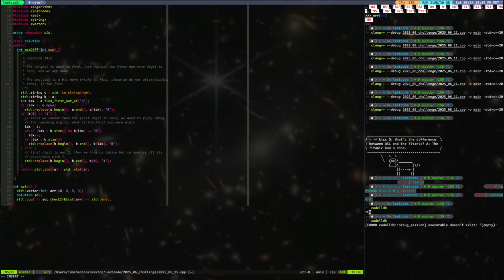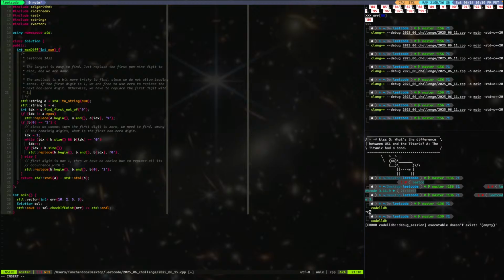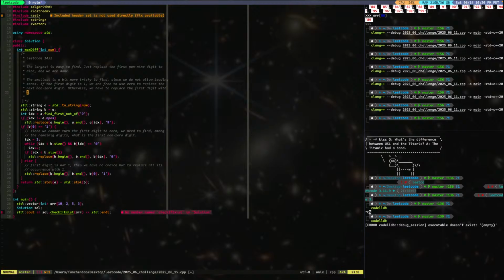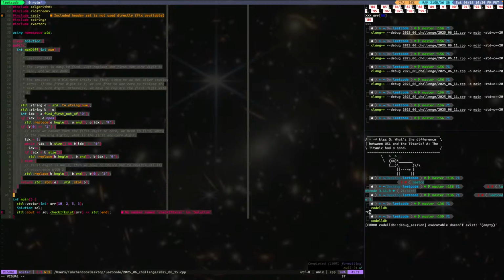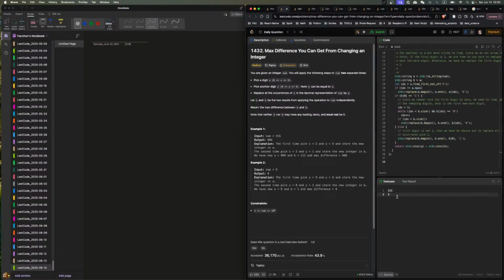If the first digit is 1, we are free to use 0 to replace the next non-zero digit. Otherwise, we have to replace the first digit with 1. Okay, let's see if it works. And the reasoning seems sound, and we can